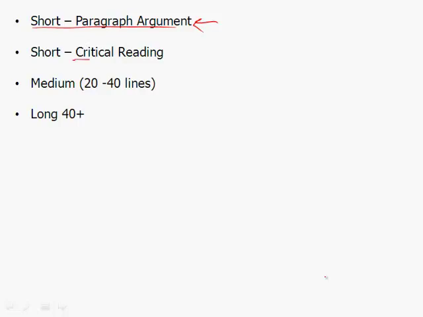As far as reading comp, though, you're mainly dealing with critical reading, where you have these long passages, from short passages all the way up to long passages that are anywhere from 40 to 55 or so lines, and of course some medium ones in between. Now, I said this isn't going to be a long video because there's really no point in me telling you the different dimensions of the passage. It's not going to help you.